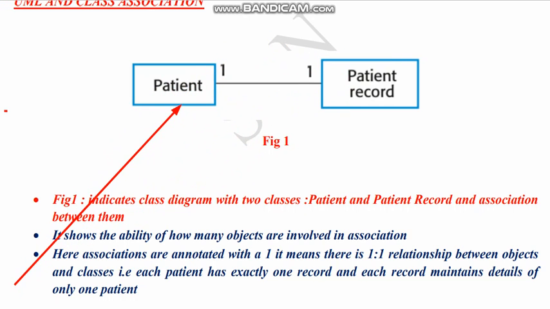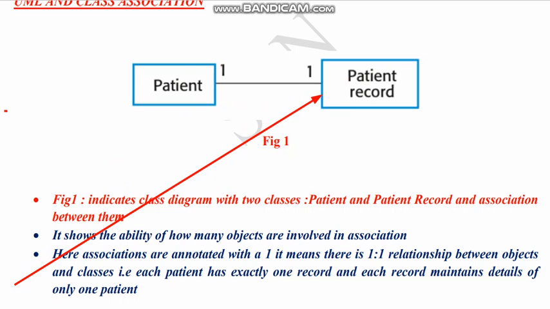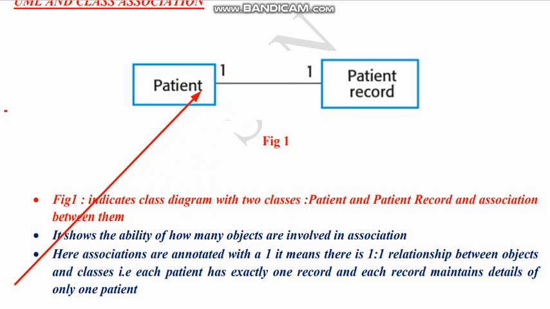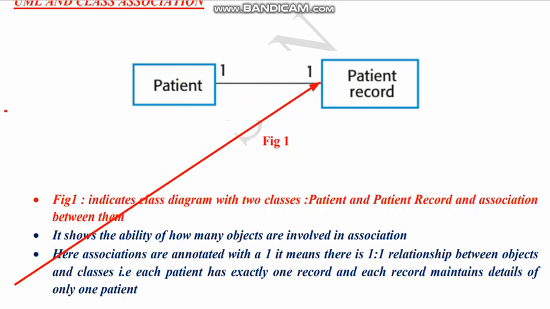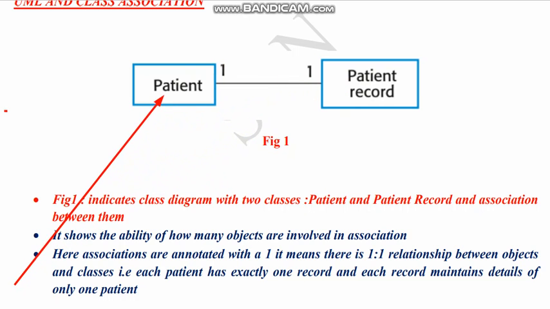How many times the objects of classes are going to participate in the relationship. So here we have two classes, one is patient and second is the patient record. Here the patient can have only one record and one record belongs to only one patient. So the cardinality or the association between patient and patient record is 1 is to 1. This is nothing but the association which you have to explain as a second point when we are talking